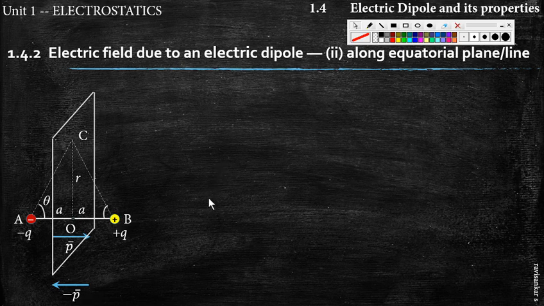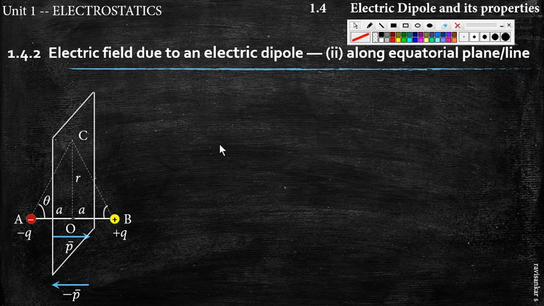Now how do we proceed? We first have to find the electric field due to this charge. Then we have to go for the negative charge and find out the electric field separately, drawing their directions and writing their magnitudes. We can then combine them or add them vectorially to find the total or net electric field. That of course is the superposition principle.